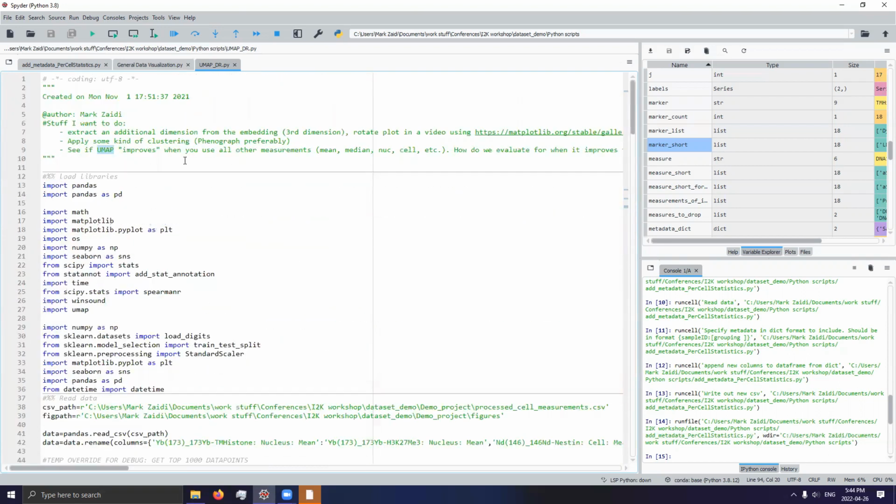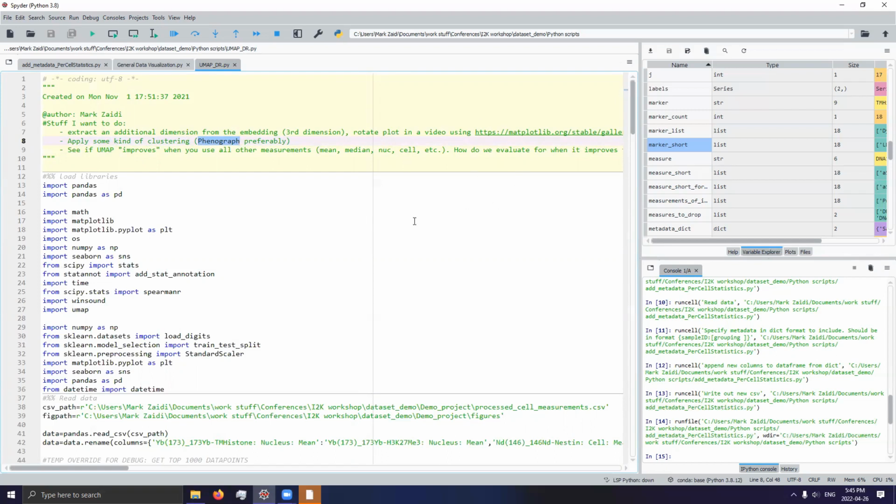Something I was also looking into was seeing if we could improve the UMAP reduction, if we started including other cell measurements, applying some kind of clustering such as Phenograph clustering, as well as adding an additional dimension, maybe a third dimension, towards visualizing